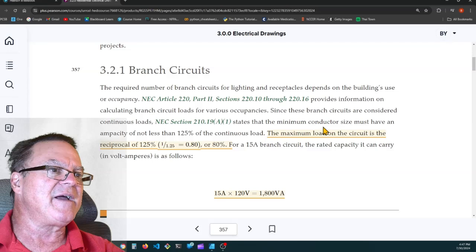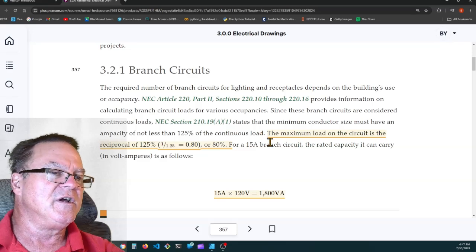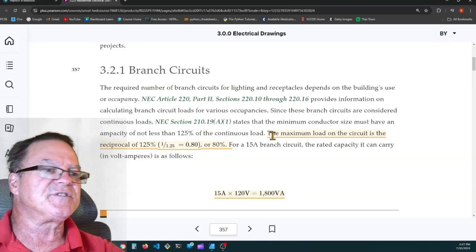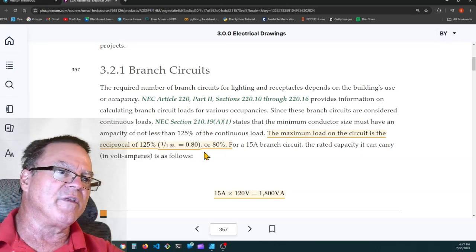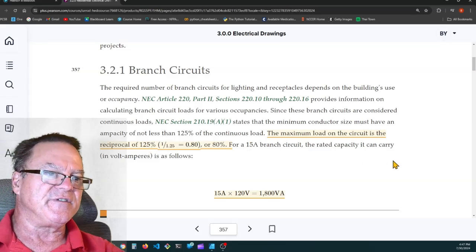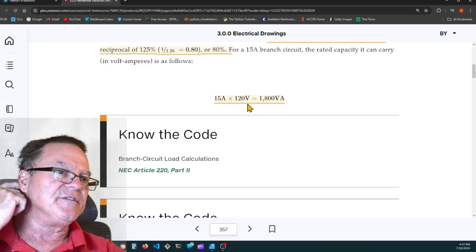210.19(A)(1) states the minimum conductor size must have an ampacity of not less than 125% of the continuous load. So the circuit breaker has to be 125% of the load. The load cannot be more than 80% of the circuit breaker. They're reciprocals of each other. So 15 amps times 120 volts is 1800 volt-amps. And then if it's a